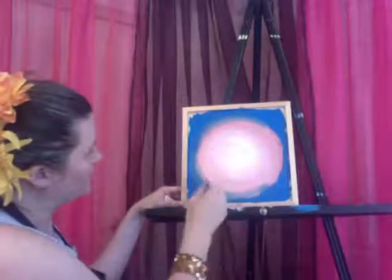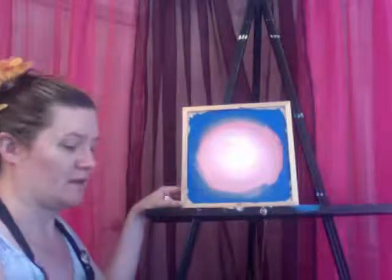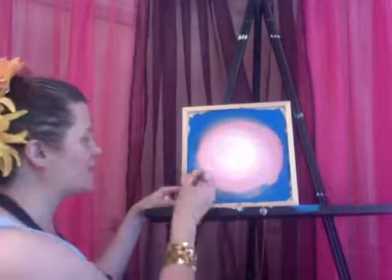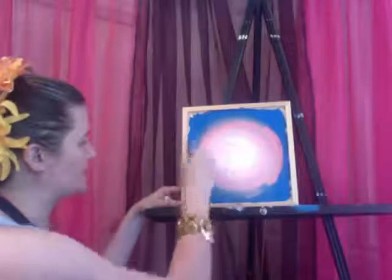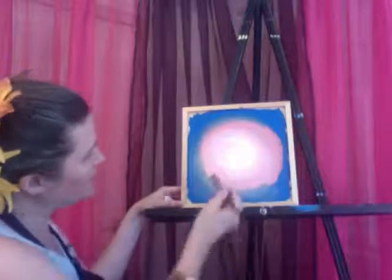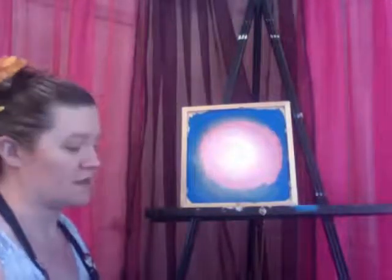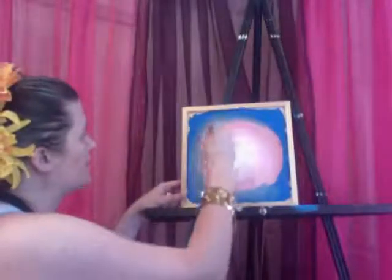Now, red and blue make purple. Pink and blue, depending on the qualities of the two paints, doesn't always result in purple. I'm getting kind of a violet gray is what's going on. So we might go in with